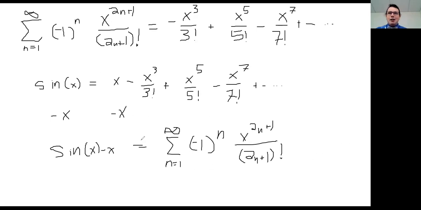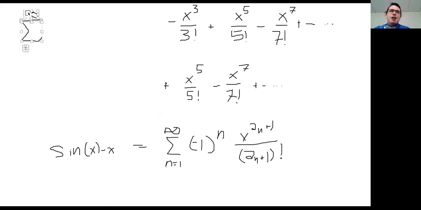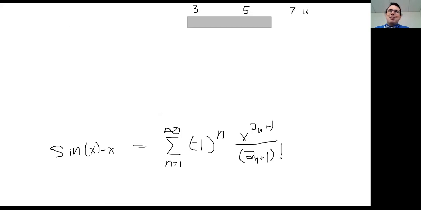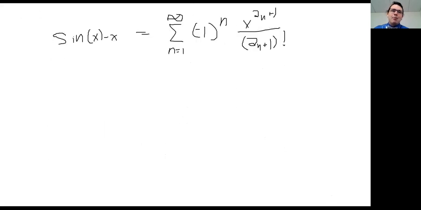And I can move individual terms in or out of the sigma notation. So here is my answer. This series right here is the Maclaurin series for sine of x minus x. If you don't feel justified just yet, well, I applaud your mathematical rigor. But just to be extra careful,